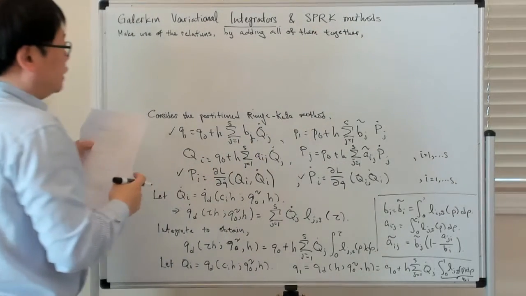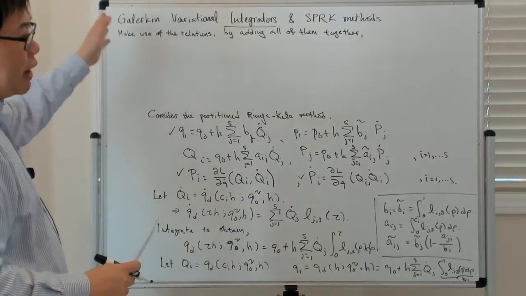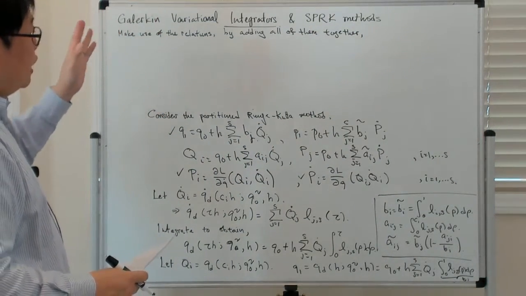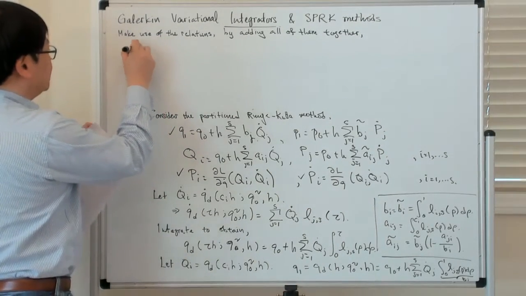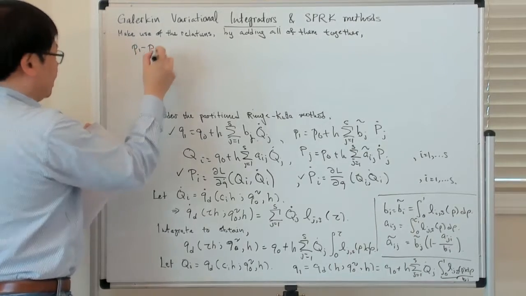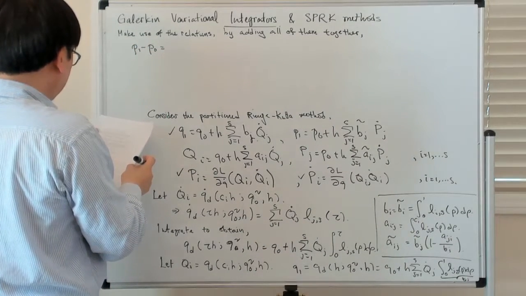And if you recall, on the left-hand side of the equations, there was a minus p0, there were a bunch of zeros, and then there was a p1, right? So if I sum all of them up on the left-hand side, I get p1 minus p0, and on the right-hand side, I get